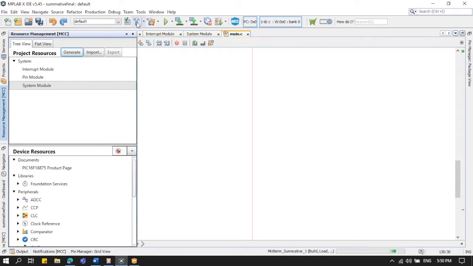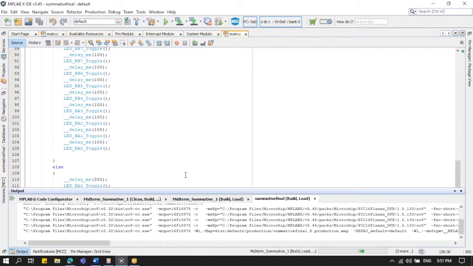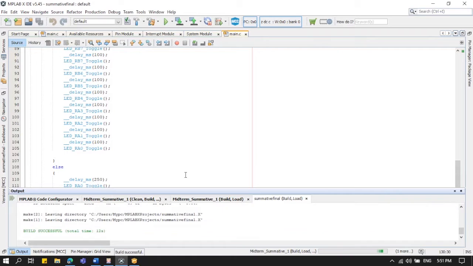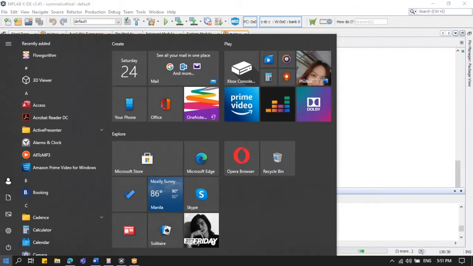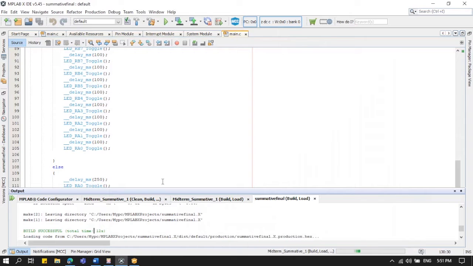So, yan. After that, we click on build. Close ko na to. Yan, kailangan. After we click on build, wait mo lang. And yan, build successful. The next step here is to transfer the hex file into the IC itself using